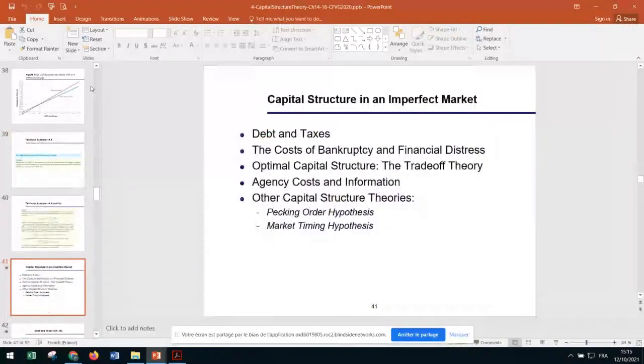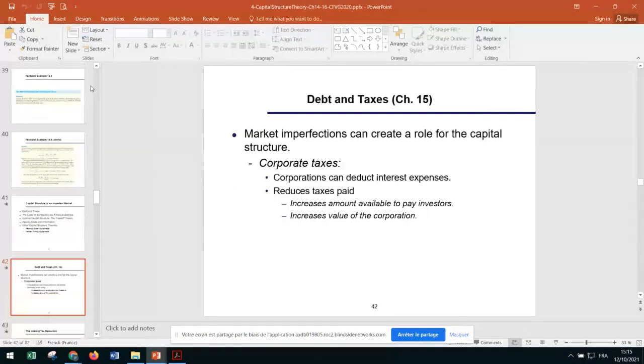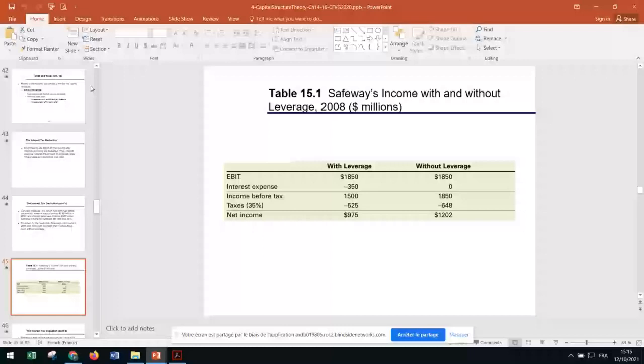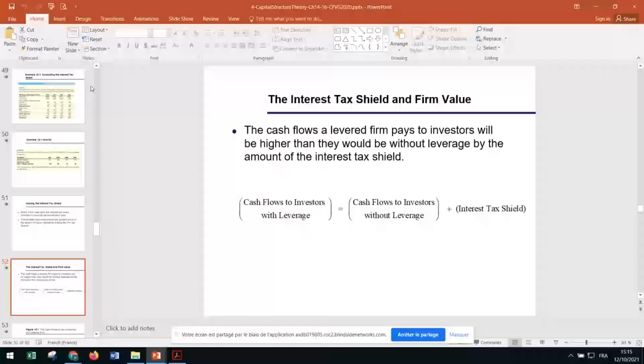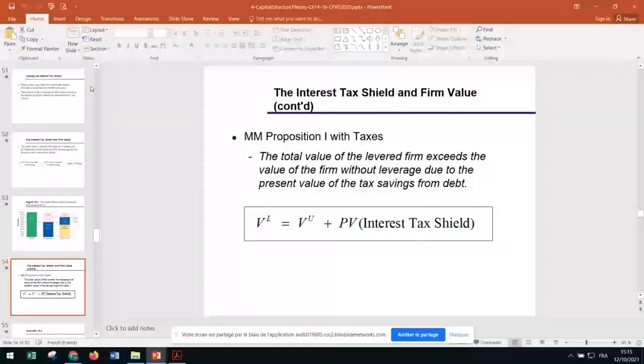The next is about what's going on if the company can enjoy the tax deductibility of interest when the company has debt. Okay, so we introduce this and then we ask you to compute the interest tax shield, and this interest tax shield is going to be equal to the top corporate tax rate multiplied by the interest payment. And if you calculate the present value of those interest tax shields, plus VU, which is the unlevered value of the firm, it is going to be equal to